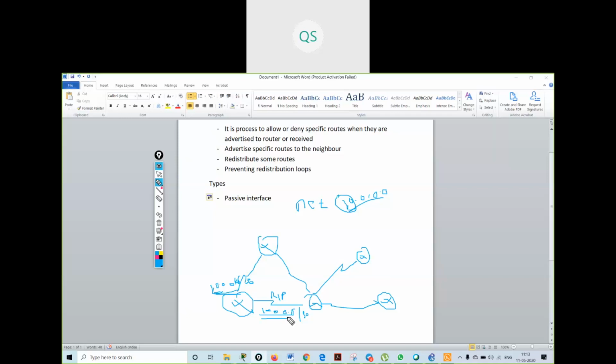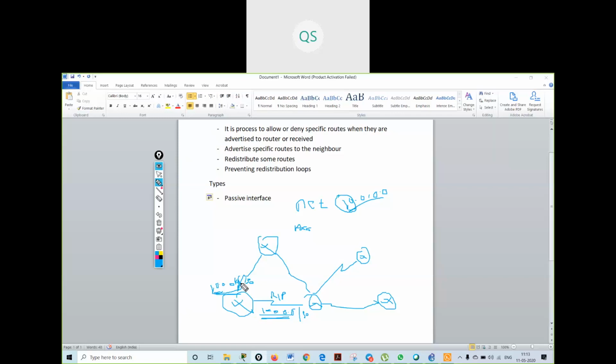Okay, 10 dot. So what I can do, I can write this network command and I can give a simple command as passive interface. I can make this interface passive. Whenever I make this interface passive, it will disable sending updates out from a specific interface.